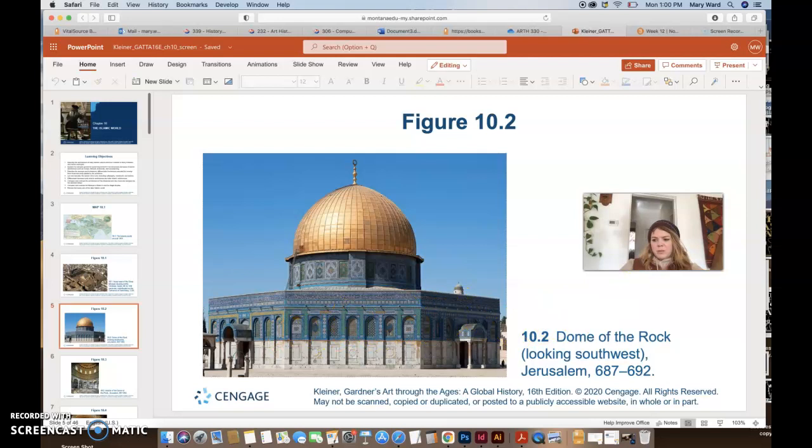According to a Muslim historian, the inspiration for the Dome of the Rock was a neighboring Christian monument, the Anastasis Rotunda of Constantine's Church of the Holy Sepulchre. I'm not quite sure how to say that, Sepulchre. The Dome of the Rock features a 75-foot tall double-shelled wood dome. And the dome itself is so large that the octagonal structure below it basically serves simply as a base for the